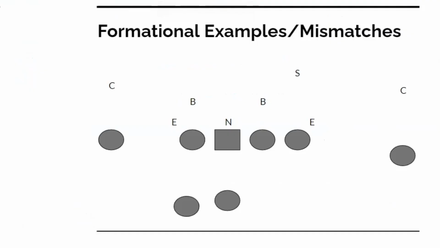Now these here, this is a simple pro formation, but I call it pony because we were the Mustangs. I like this because of the numbers game that it offers for us. For example, if you were to run speed option to the weak side of this, it's a very quick pitch, but if your left guard can get to that linebacker, there's nobody else out there.